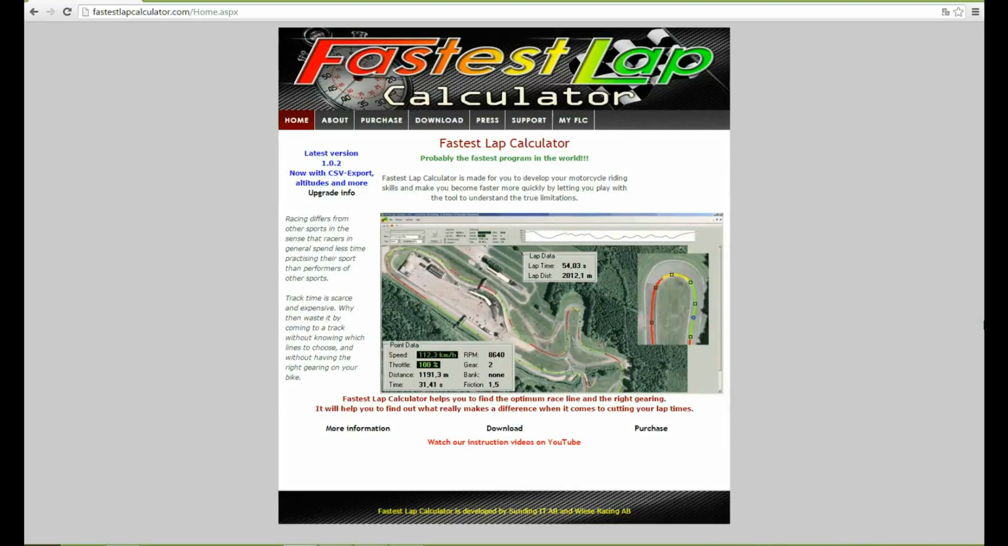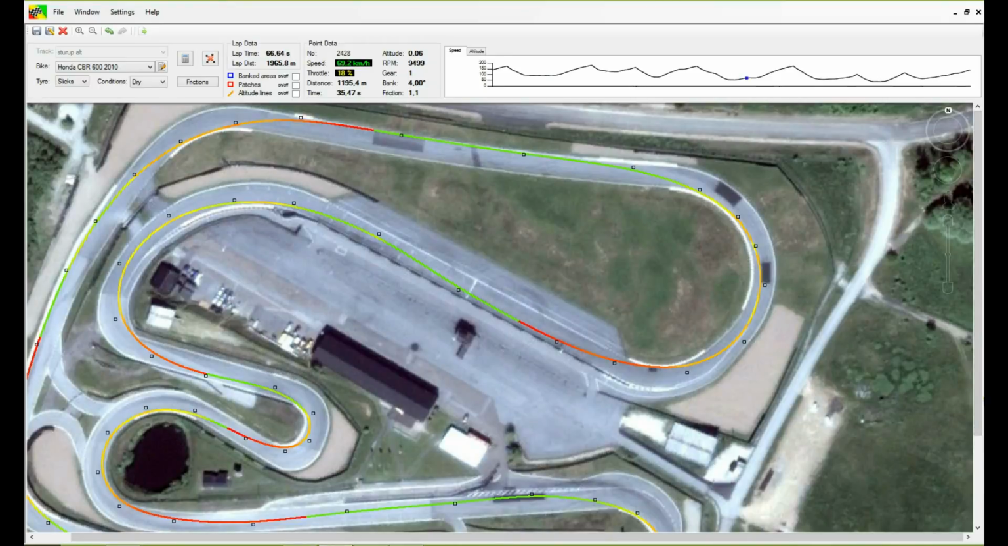Hi, today we're going to look at the log files you can get out of Fastest Lap Calculator. One of the loggings you can get is the suspension forces, and for the suspension forces to be right, you need to know approximately how much the rider is leaning outside of the bike or hanging out while riding, and there's an input for this